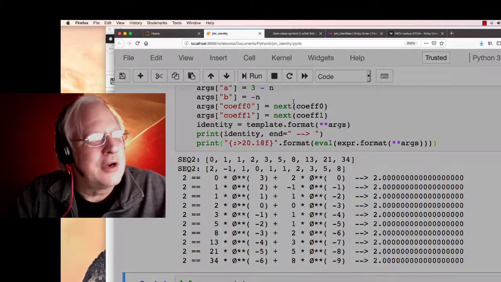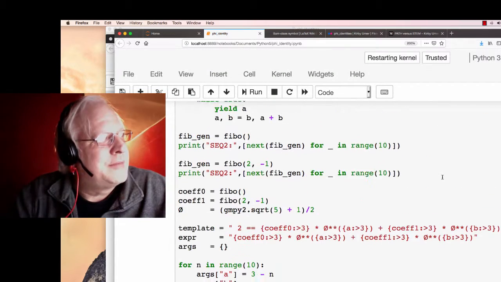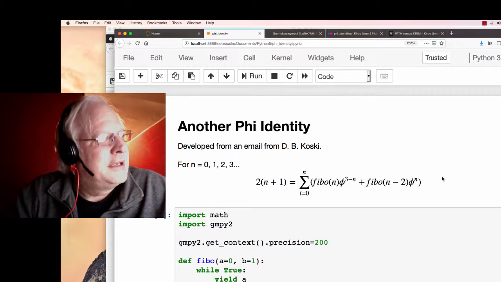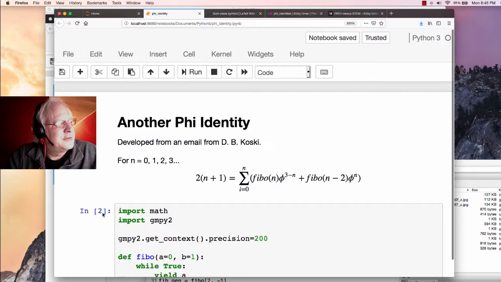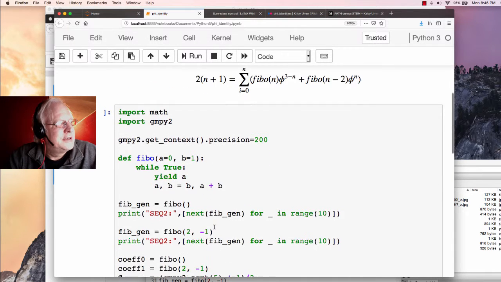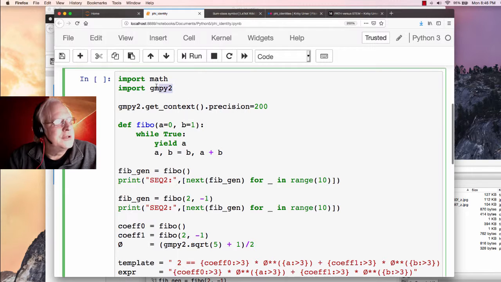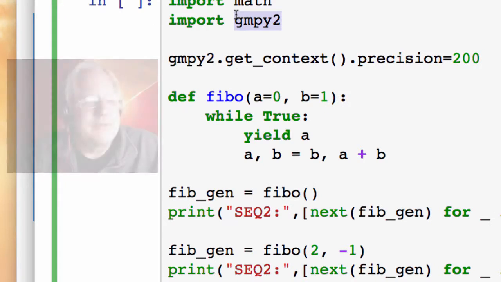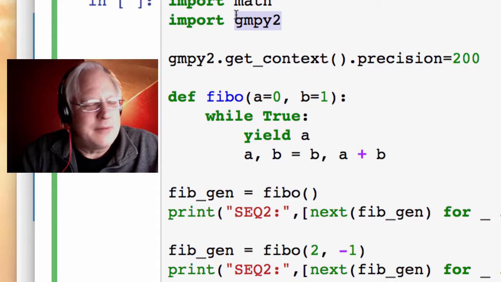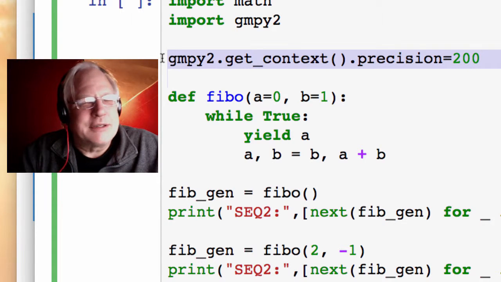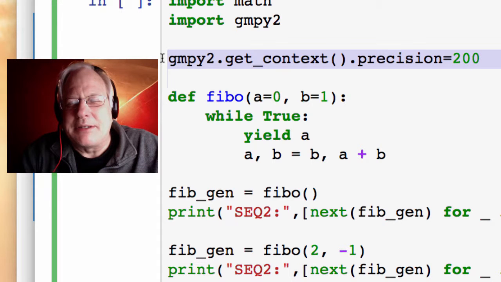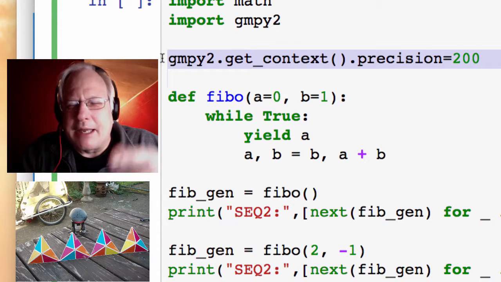Let's do restart, clear output, and start with an empty Jupyter notebook in the sense that the code cells are not yet run. So I'm waiting for this 2 over here to turn to blank. There, now it is. So I'm going to import gmpy2 this time, which I didn't before in the previous video. I said I could do that, but I'm leaving it till now to actually do it. And then we get to set what precision we want to compute at. And this 200 is 200 bits of precision,